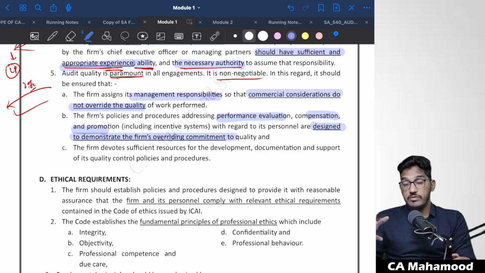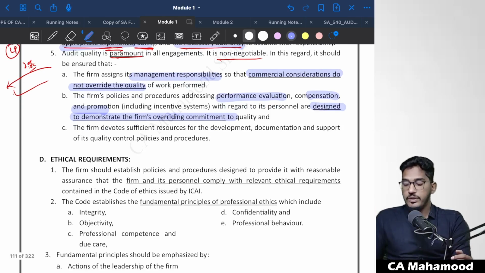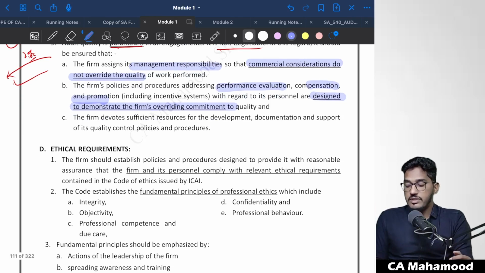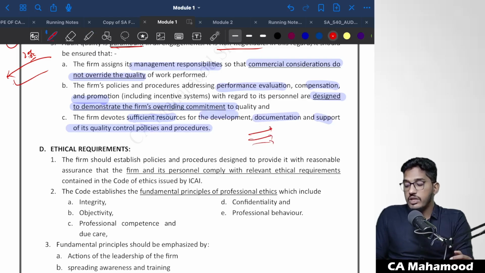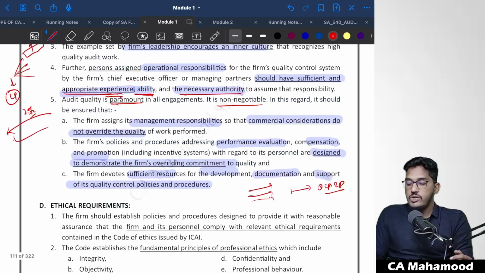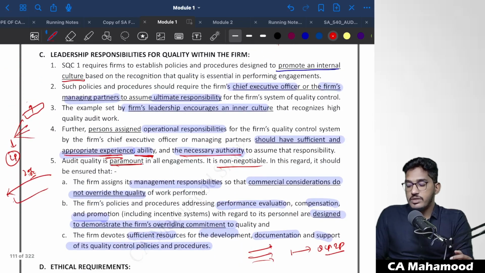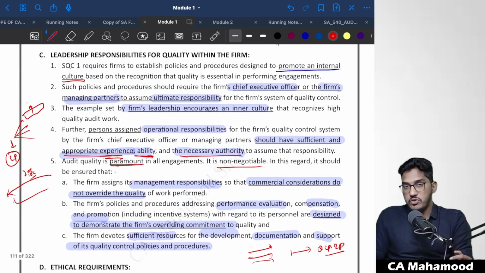While paying compensation and offering promotions, you should demonstrate that you are always giving importance to the people who are maintaining quality in their work. And then finally, the firm devotes sufficient resources for the development, documentation and support of its quality control policies and procedures. So in the firm, you should not have only people who are doing the work. You should also allocate one or two staff who work exclusively on quality control policies and procedures. If you follow these kinds of policies and procedures, then leadership responsibility will be